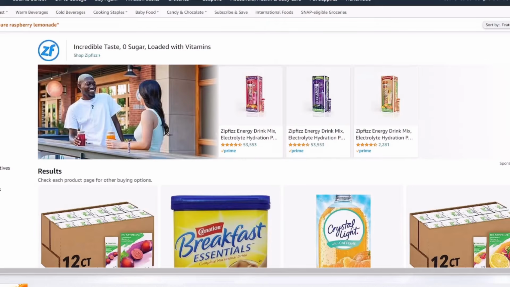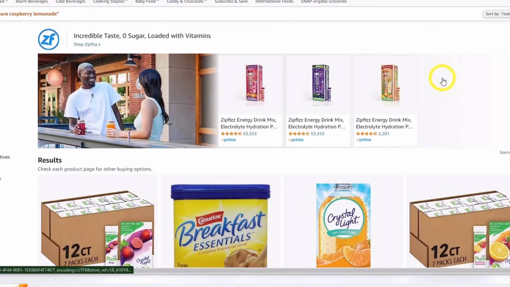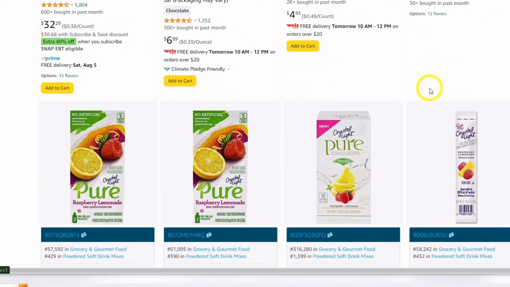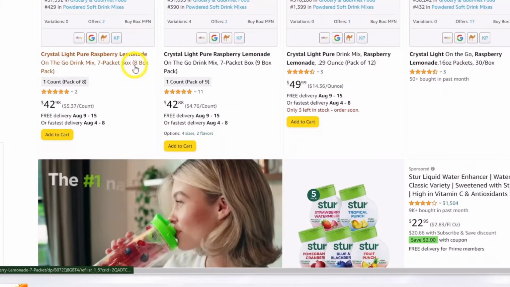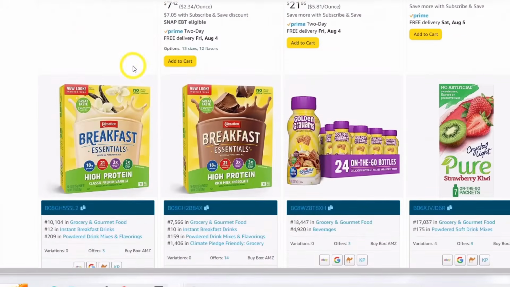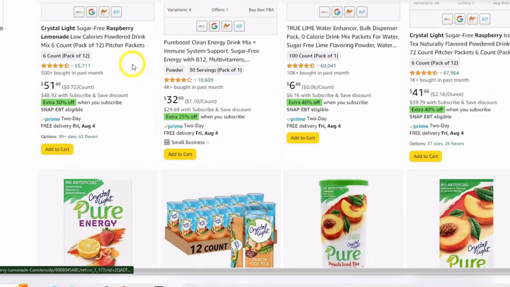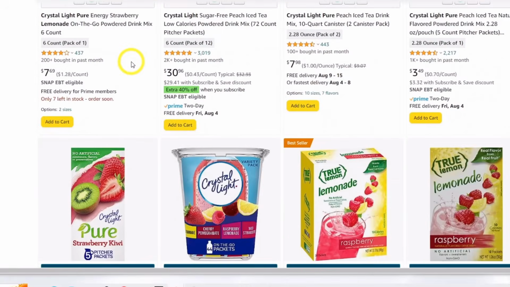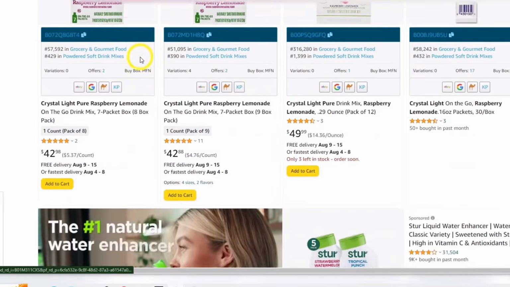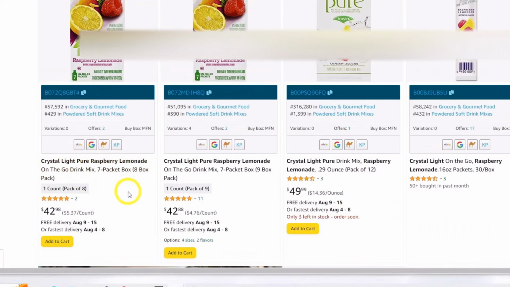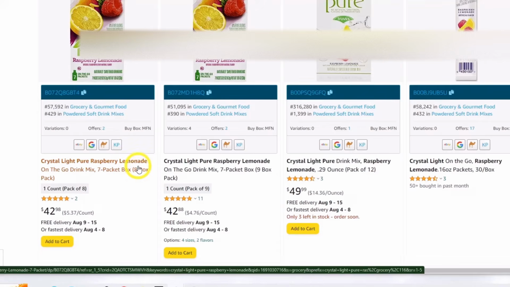Okay, so remember, number 1, we're making sure that it's the right product, right? Now, you might be using your phone because there's an app on your phone, or as you see, we're online, and we're making sure that we find the right product. To do that, you're looking at the picture, you're reading the context. We're going to go ahead and take this 8-box pack.